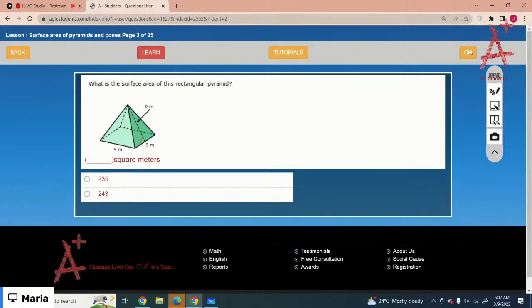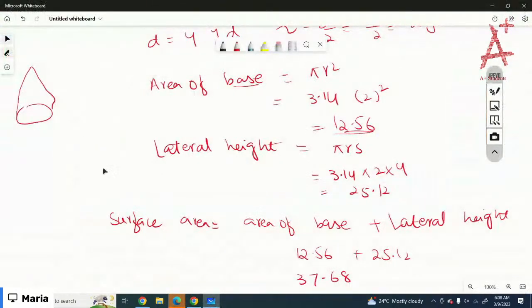Okay, the next one is you have to calculate the surface area of the rectangular prism. So let's calculate the area. You have one, two, three faces and the base of the rectangle. The base is a rectangle and you have three of the triangular faces. So let's just calculate the area of,